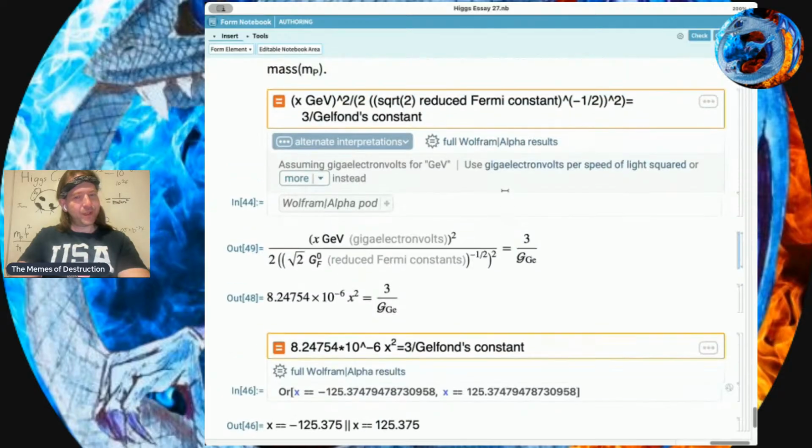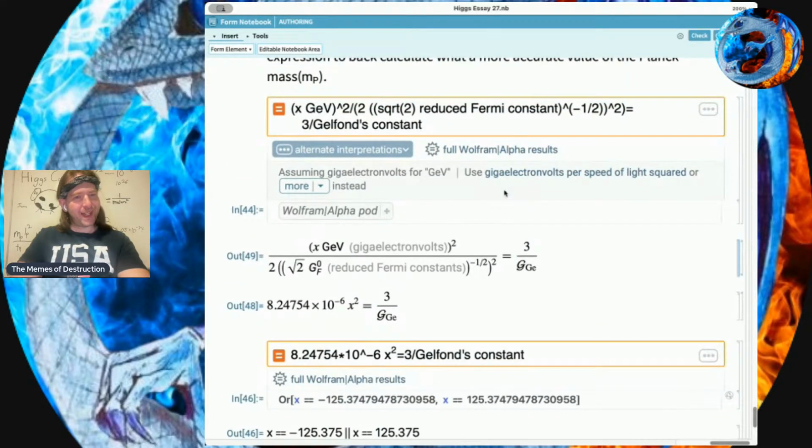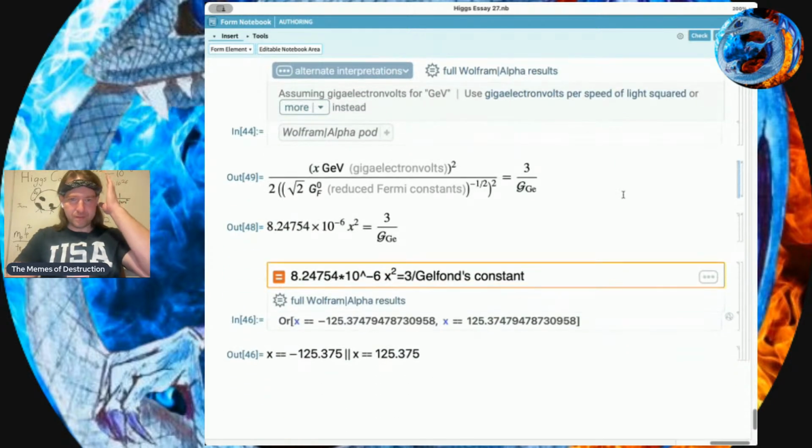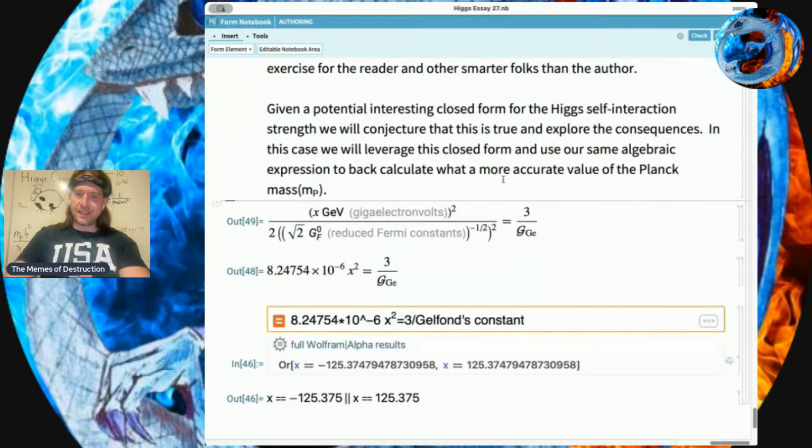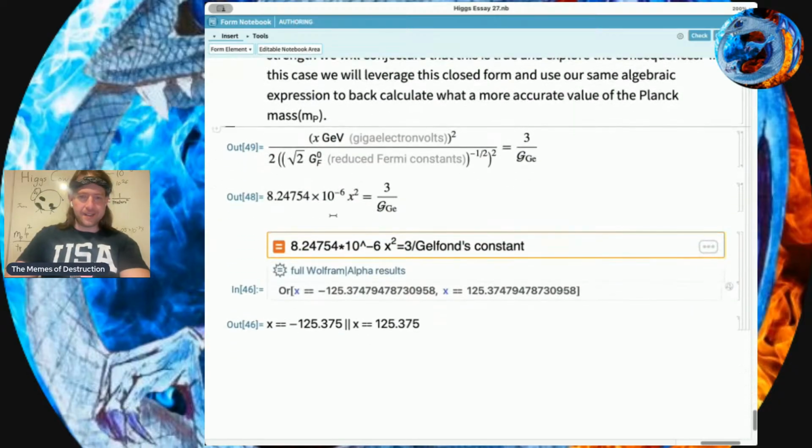So then what we'll do is we'll replug that in, assume it's set equal to h bar, and then we'll just calculate out the Planck mass like we did. Okay. So delete that. Okay. Which yields